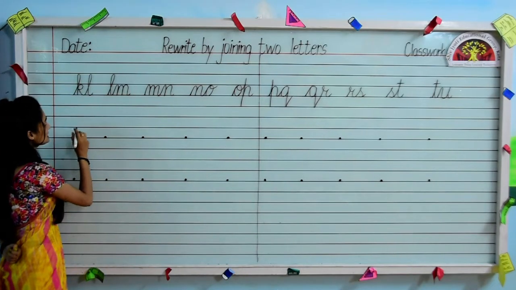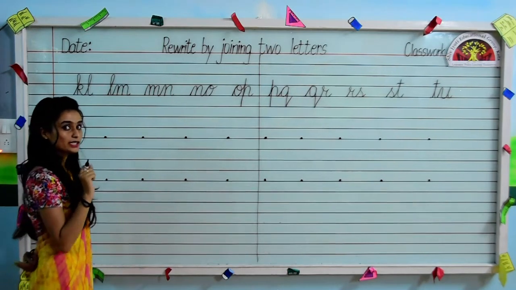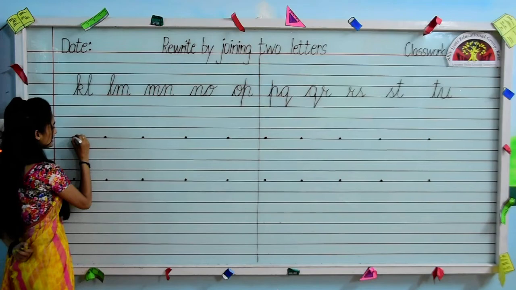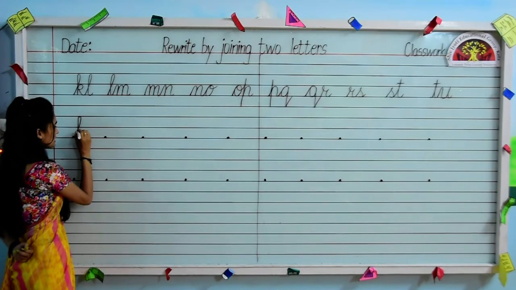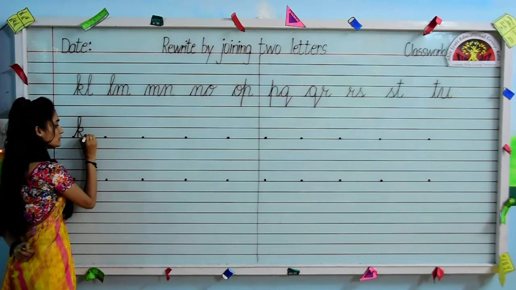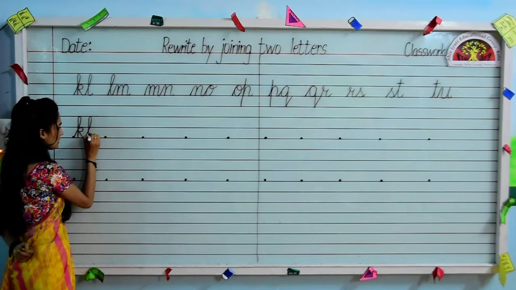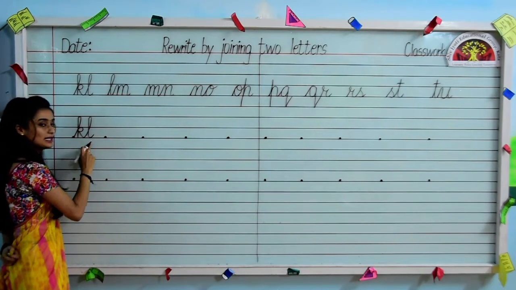Our first letters are K and L. We have to write KL by joining them together. Put your pencil on the dot and firstly we will start making letter K. Slanting line up. Touch the first line, make a loop, come down straight, go back, make a curve, slanting line and out like this. Now from the end point of letter K, we will start making letter L. Slanting line up, make a loop, come down, touch the third line and out like this. This way you have to make letters K and L together.